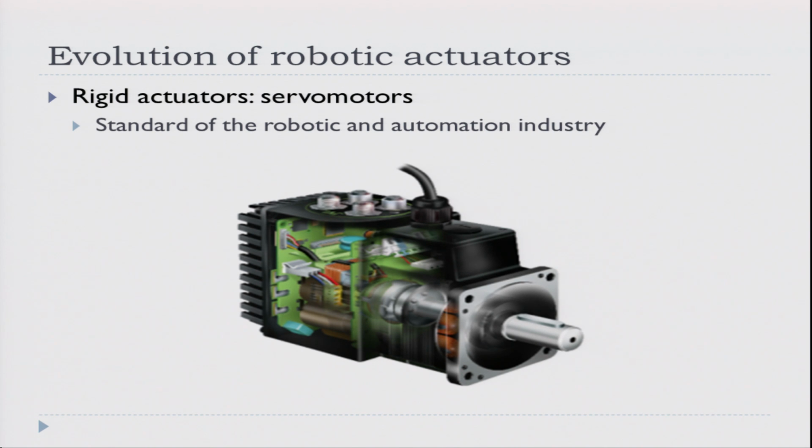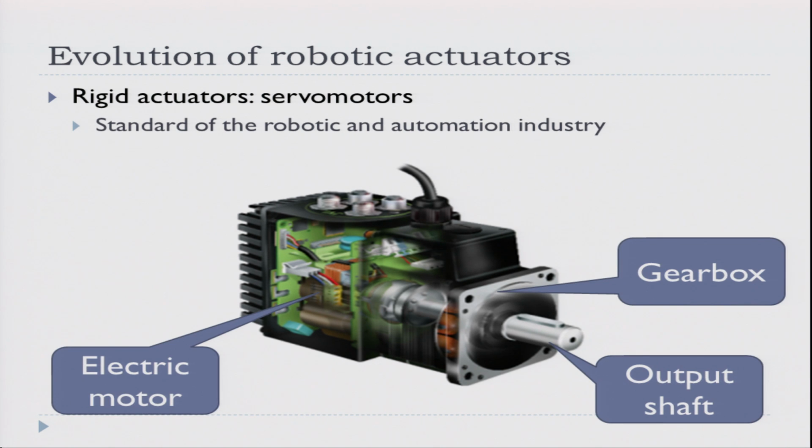So let's start from a rigid servo motor, which is one of the most common types of motor used in rigid actuators, and see how it's made. The parts that compose this are one electric motor with a gearbox and an output shaft. These are the real fundamental parts of a servo motor. I mean, you have this electric motor, which, as probably you know, turns a lot faster than what you need, and with a low torque. So you use a gearbox to move an output shaft, which is usually connected to the link of